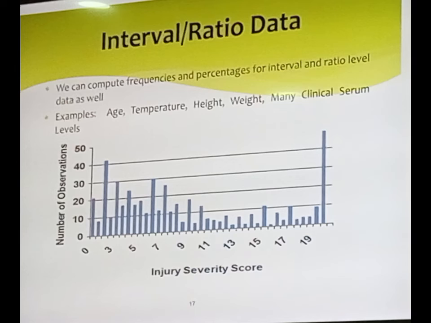There is no need for 0 and 1 like that. Even if it is 0 degree centigrade, can we say there is no temperature? So it is on the basis of your variable. Again, you have to use those scaling techniques properly. So when there is no 0, that is interval. When there is an absolute 0,